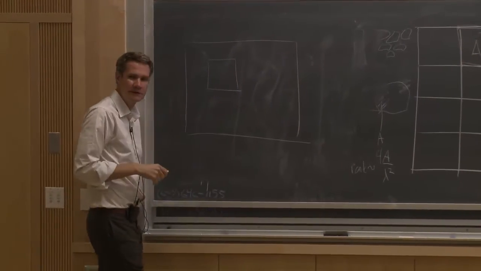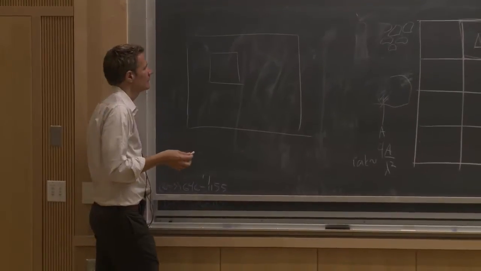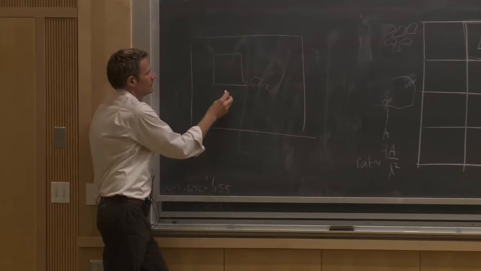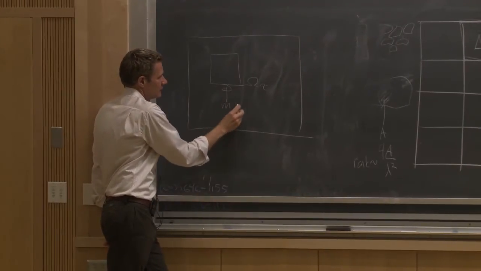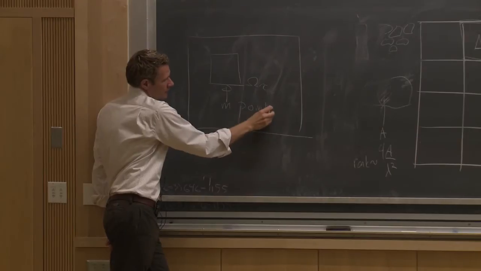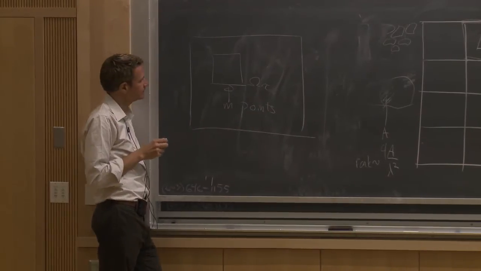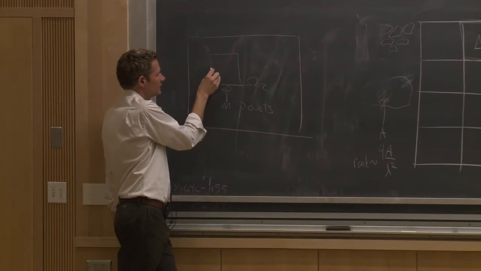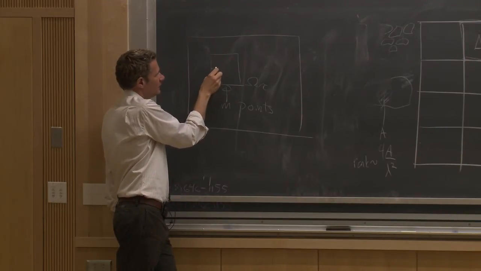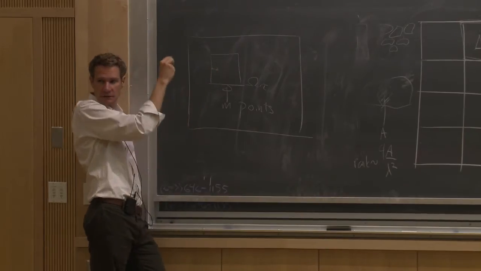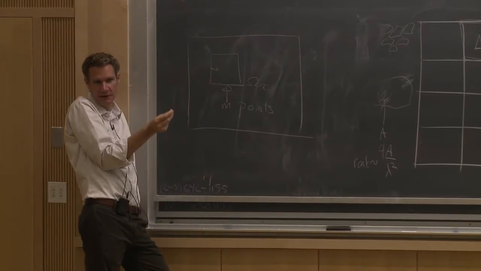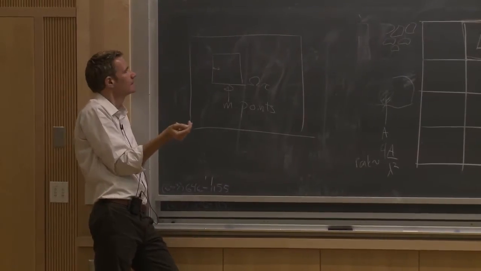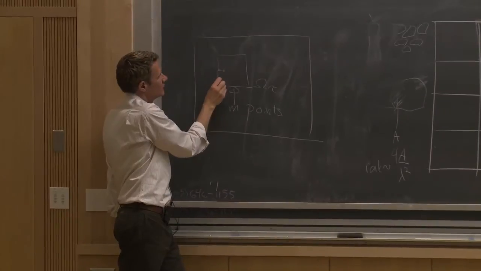Suppose you have a fairly even distribution of collocation points in a box, and now we're looking at some subset omega tau. So if we have m points inside omega tau, then you're going to find, this is something I'm just telling you, you can verify this for yourselves, but the points aggregate in a thin layer around the boundary, and the width of that layer is essentially fixed. It depends very weakly on the accuracy. So you get an aggregation of points